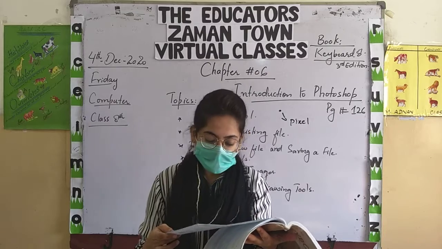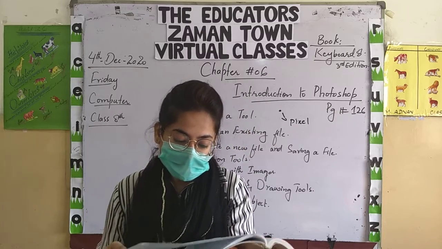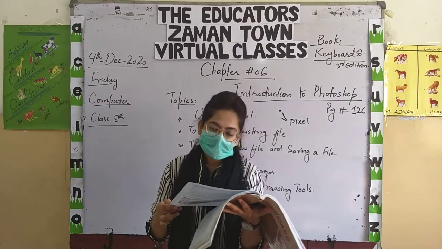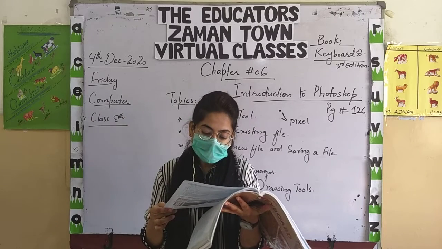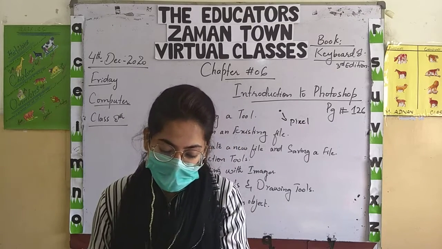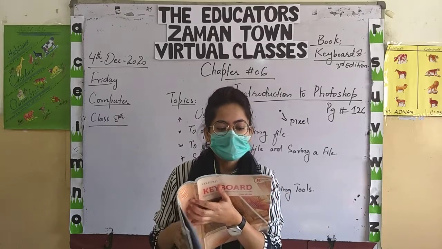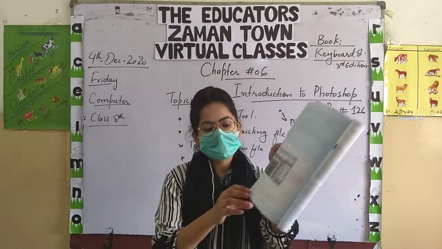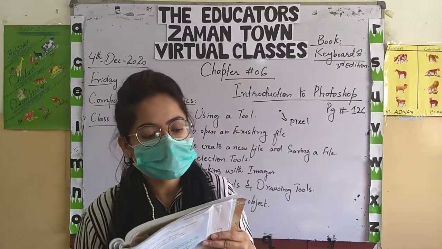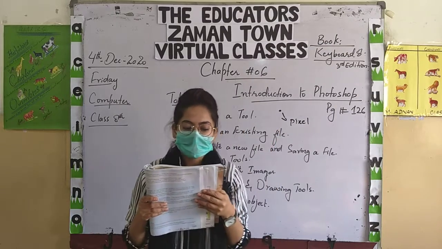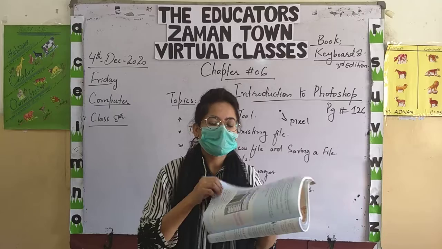Question number 4, what is the use of the gradient tool. Question E, list the steps to change the foreground color. F, what is the use of the circular marquee tool, and differentiate between the marquee and lasso tool. Come on page number 140. On 140 you have another question: what do you understand by the term resolution. So your homework is to complete